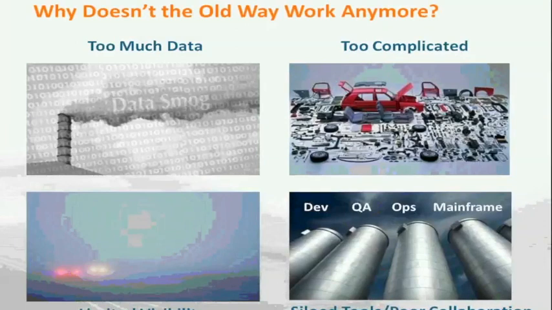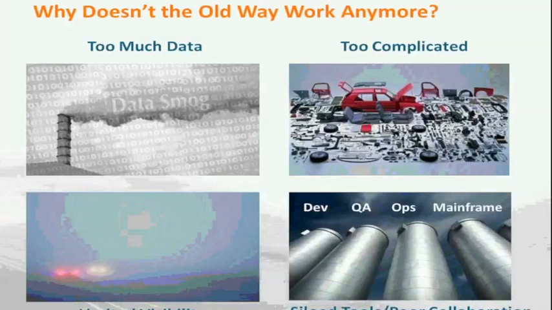They may be too complicated. One tool for production, one for operations, one for mobile, one for development, and they don't work with each other. They are too siloed, with poor collaboration between them. They don't work across the complete life cycle, and the visibility is again very limited. Something works for Android but doesn't work for iOS, doesn't cater to the web platform, or doesn't work on some other browser, or doesn't give you end-to-end visibility of how your users from mobile are experiencing your web application, or how users on desktop are seeing your application.